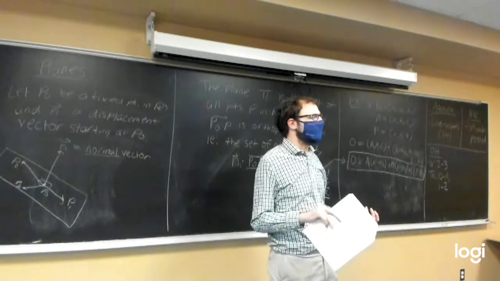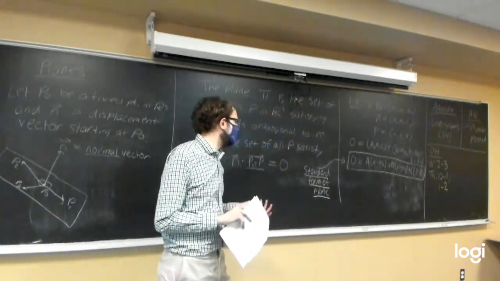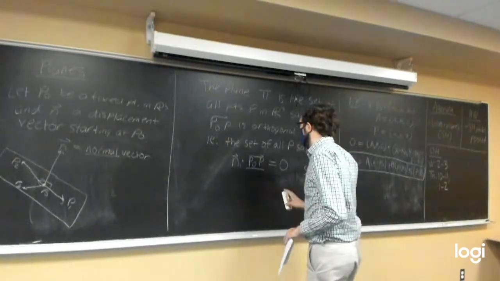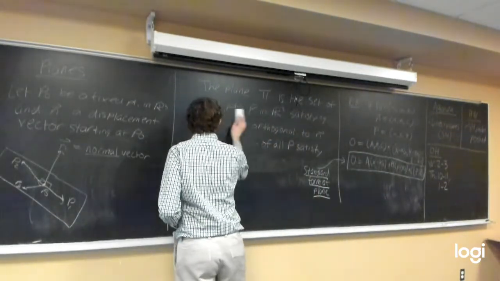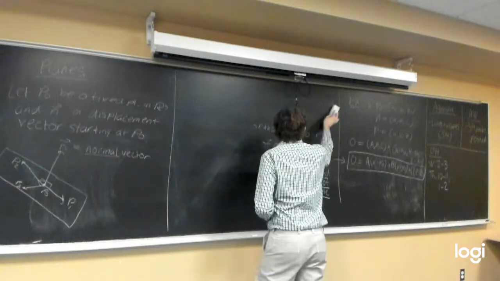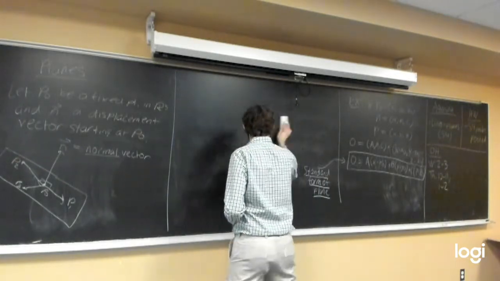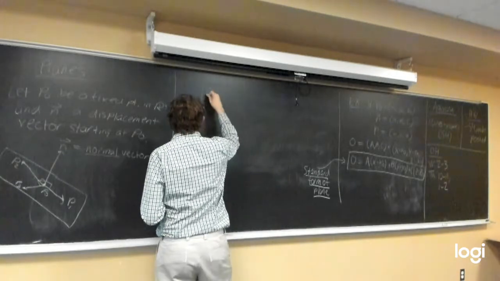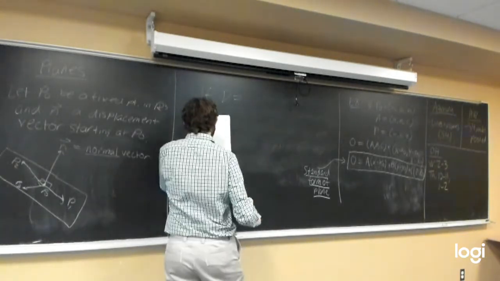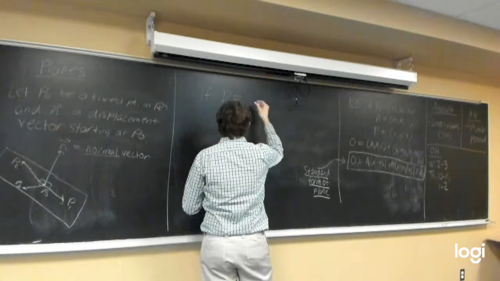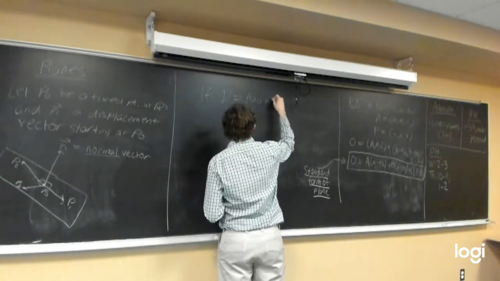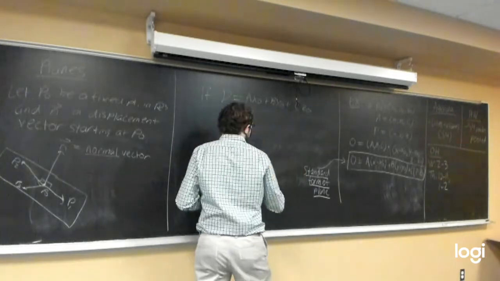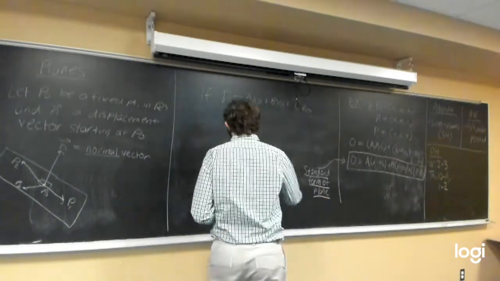There's actually a second sort of equivalent way of writing out the standard form of a plane, where we can say, if we let d be equal to the expression a times x naught plus b times y naught plus c times z naught, we could also rewrite this